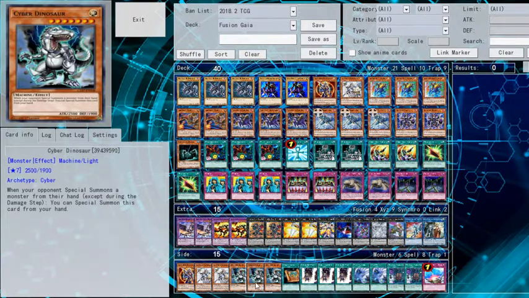Cyber Dinosaur is here to facilitate rank 7 plays and be a big beater if I need him. Never sided him in because I never...